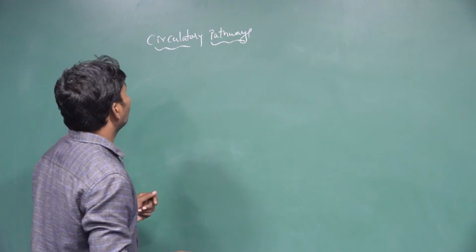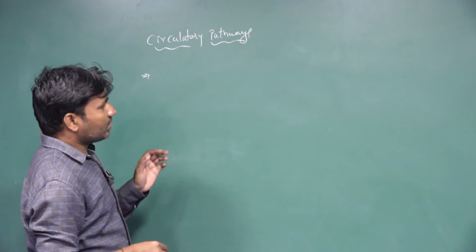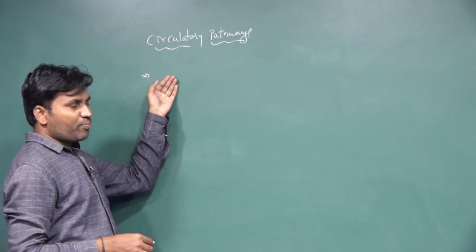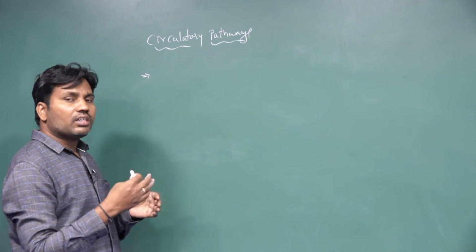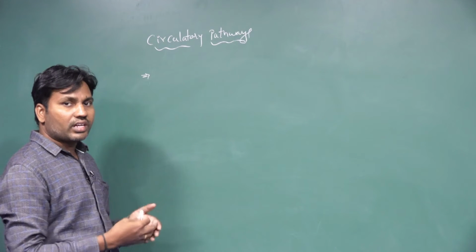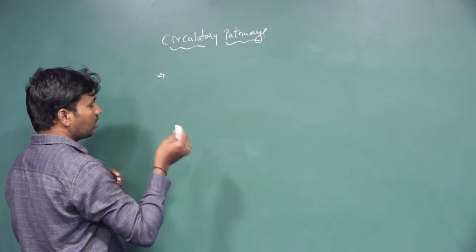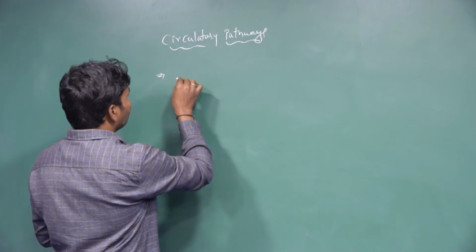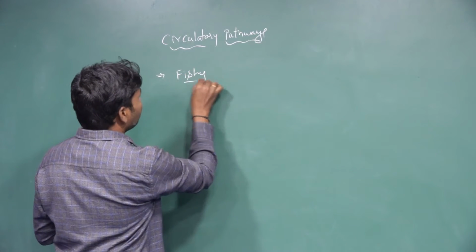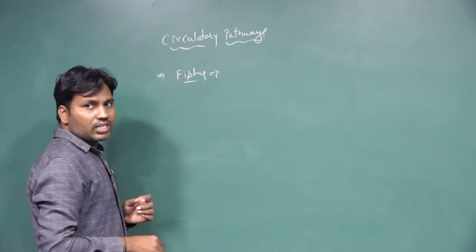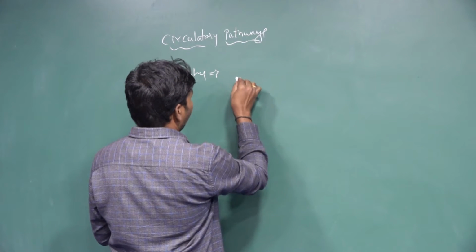So next, the circulatory path. We already discussed the open type and the closed type. In different animals, how the circulation paths fall into different categories of organisms. First of all, fishes. In fishes, the heart contains the chambers: